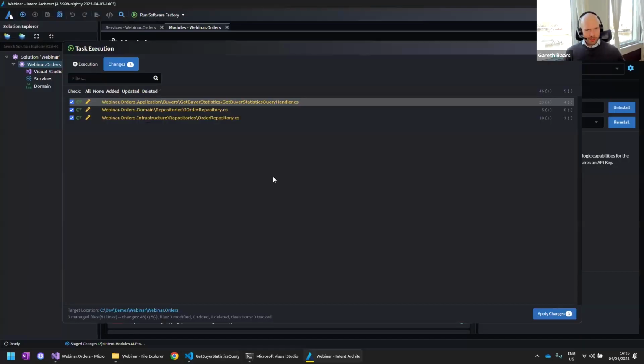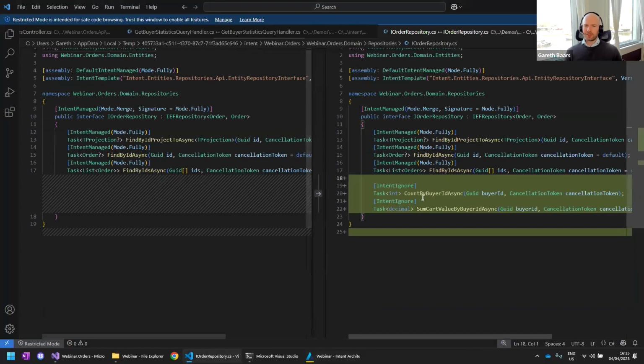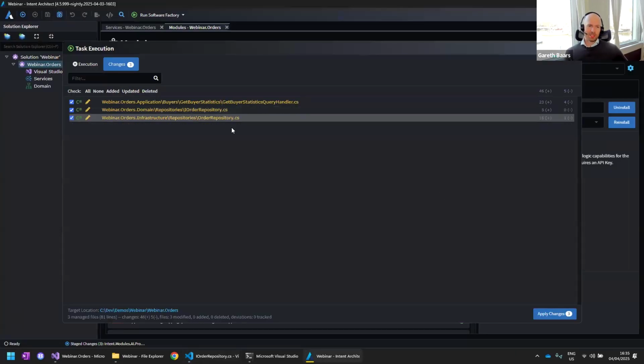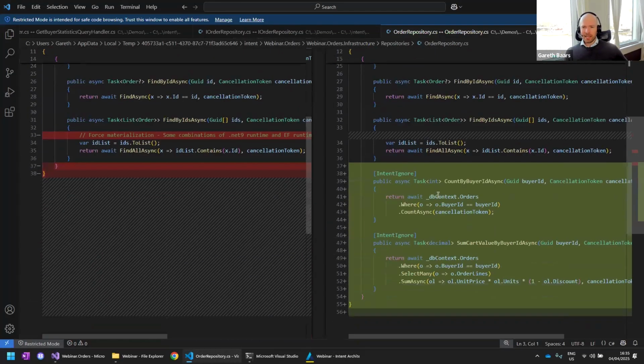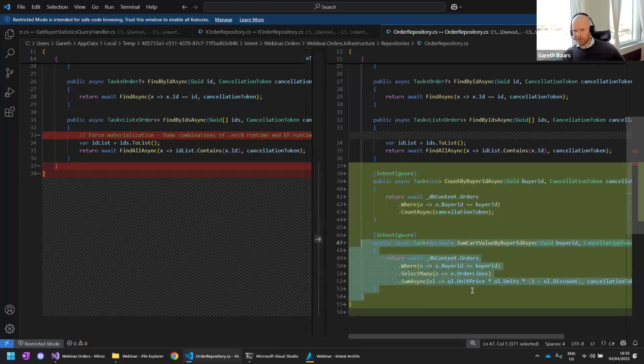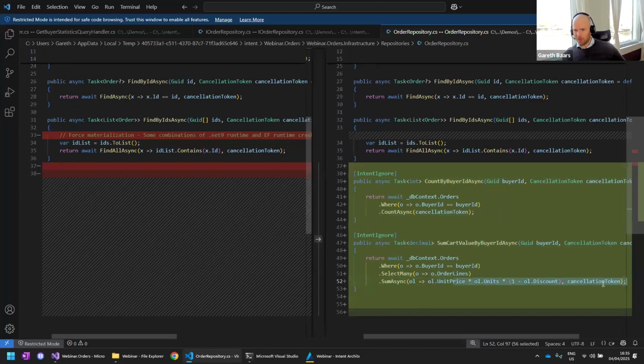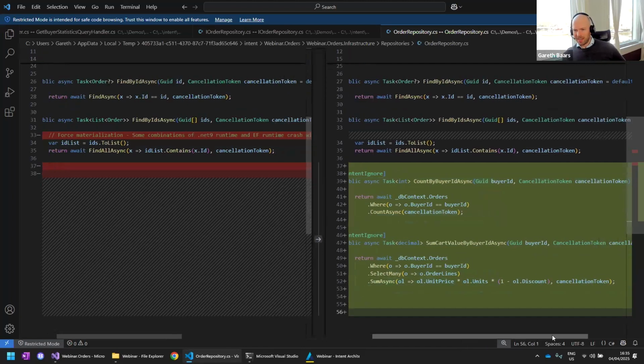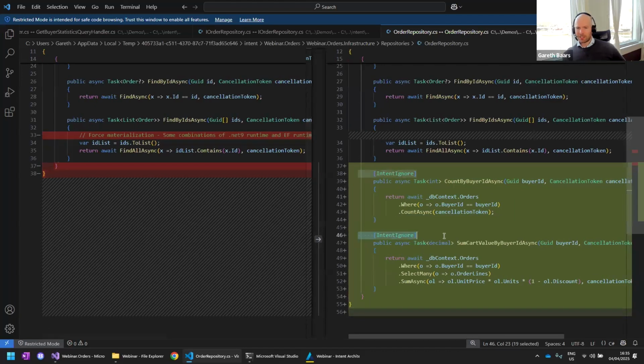Now, of course, I'm curious to see what the AI system decided to do under the hood. So here you can see on our order repository, it's gone ahead and automatically created these 2 methods. Sometimes it creates one method. I've seen it do all kinds of things with this particular example. And here you can see, and I would say this is 100% correct over there. And this one over here, I would have to look at a bit more carefully, but this is the whole point. This is why you can't just leave an AI system to do a lot of the stuff, but you'll have to go and take a look at exactly what it's doing here to be sure that it didn't just get a little confused.